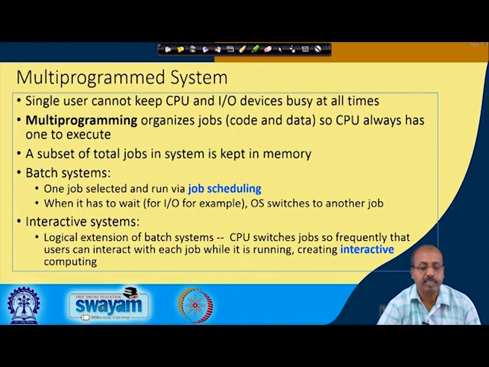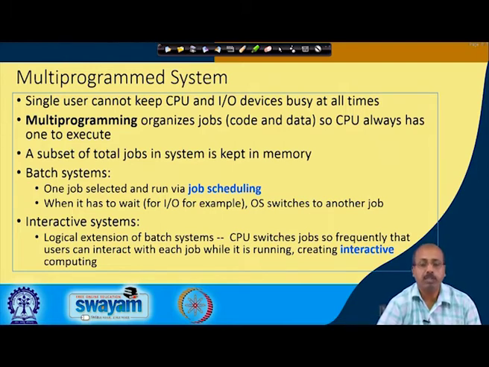So, in general, a single user cannot keep the CPU and IO devices busy at all times, because for keeping the CPU busy I have to give it a computational job, and in between it has to get data; the user has to enter some data. For example, if you are computing roots of a quadratic equation, you need to feed in the values of A, B and C. Normally this human being and these mechanical devices are much slower compared to the electronic CPU and memory. So naturally the CPU will be kept waiting when this IO is going on, and when the CPU is doing the computation,